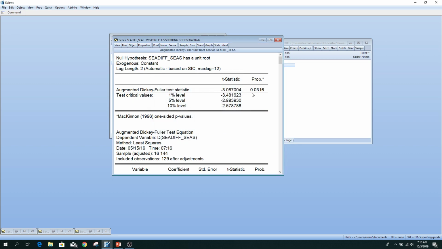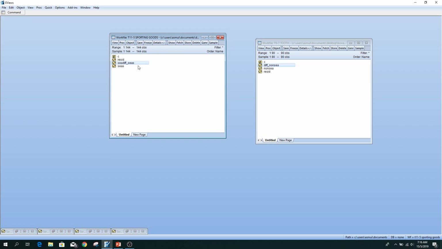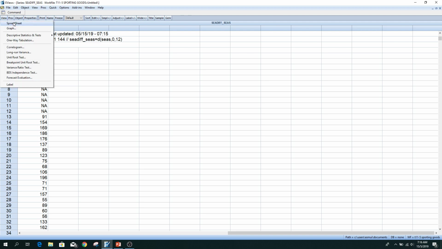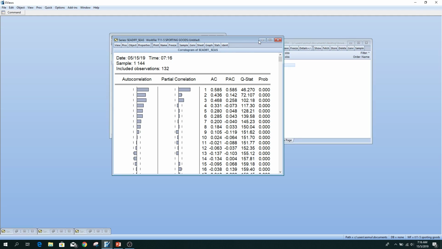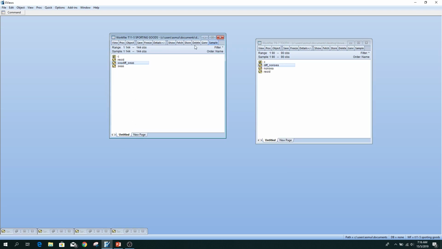Based on the unit root test here, the data series is stationary after we perform seasonal differencing. So do we need to proceed with non-seasonal differencing? Actually, based on ADF, we don't need to proceed, but if you want to do some non-seasonal differencing,